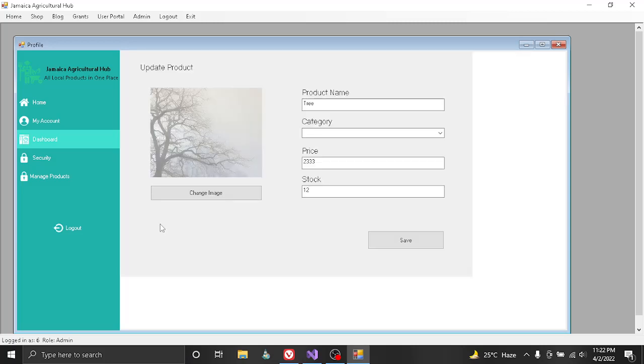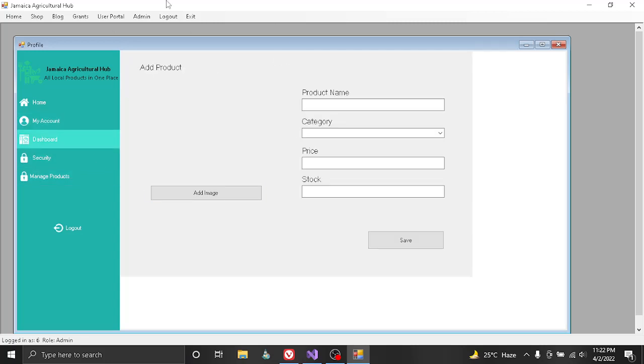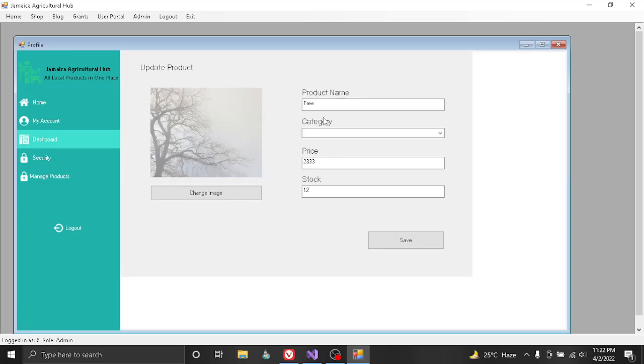I go to update, I get the data. I can change the image, as you guys see that. Change image here, update product here, because it's in edit mode. But if I came here and clicked add products, here would be empty completely. So updating the product